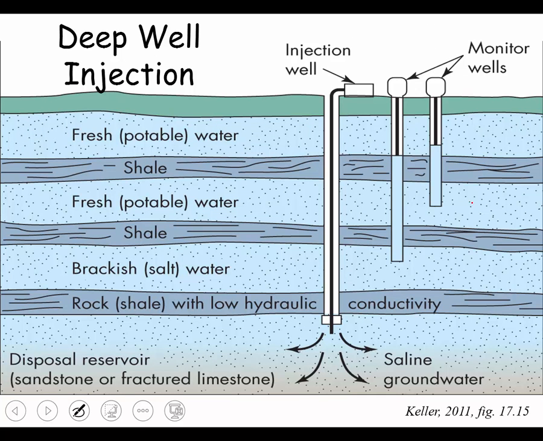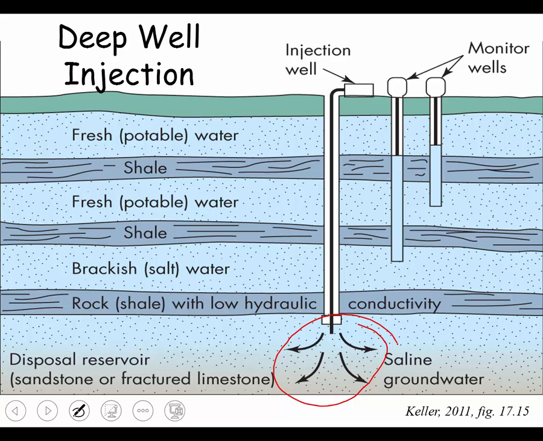One of the issues we have, and the reality is sometimes we can't clean up the water. And so what do we do with it? Well, we can inject it. In fact, we might do that simply because it's cheaper. If you've got a very large volume of contaminated water, like salt water maybe, where you've been using it to artificially drive or increase the production of a well field, it comes back up contaminated. You've got a lot of salt, you can't put it back in the river. What do you do? You inject it, and you inject it down here into an area that is separated from your